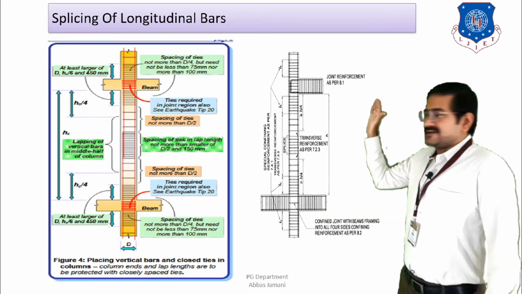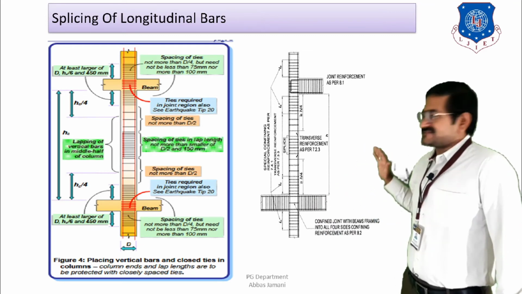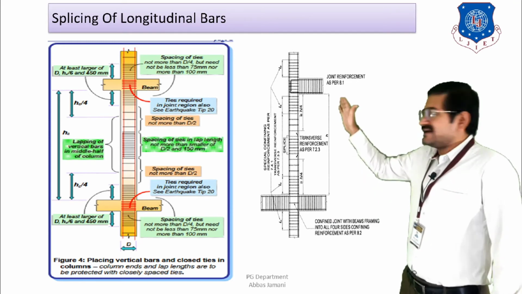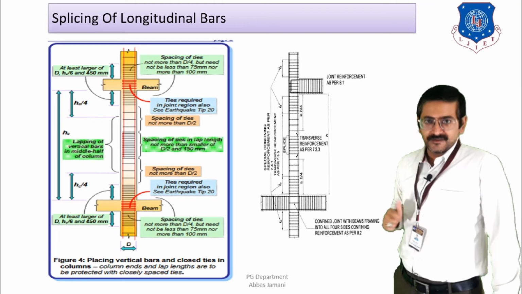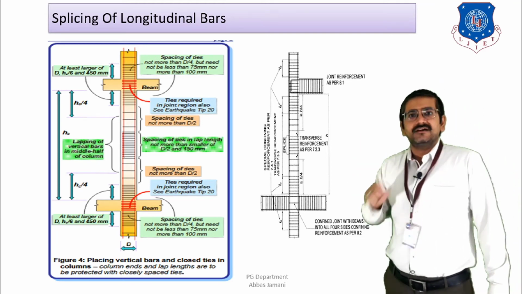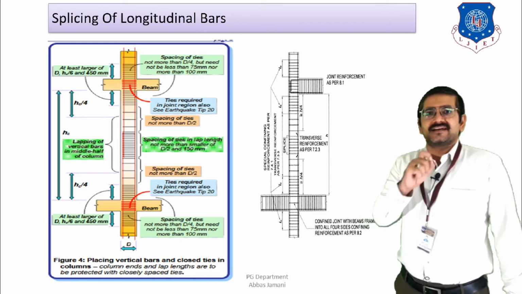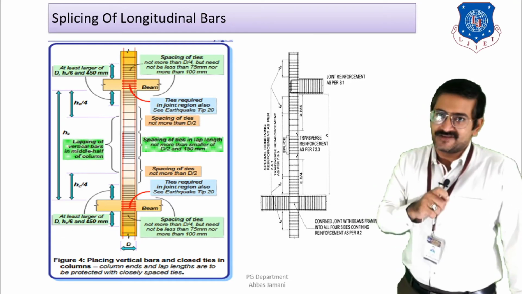That is, the top portion will be positive once and the bottom portion will be negative. The second time, with reversal of stress, the diagram will be in this direction, that is, the bottom portion will be positive and the top portion will be negative. The same thing continues on the upper side also. But the important thing to note is that the central portion will be the point of contraflexure, that is, the point where the moment diagram is likely to change its sign, right?